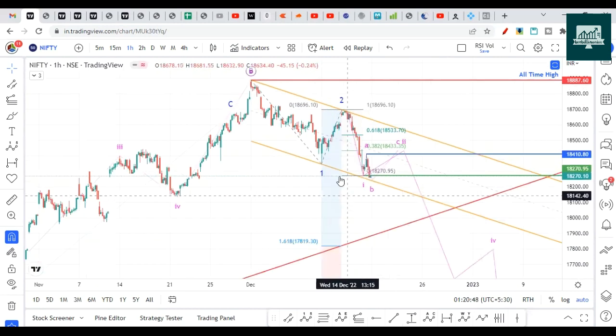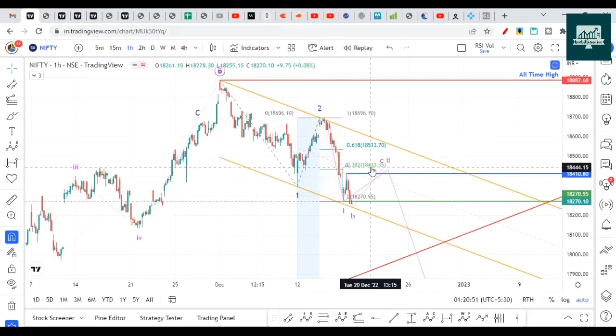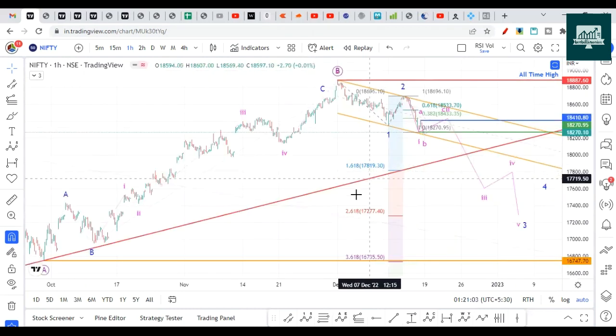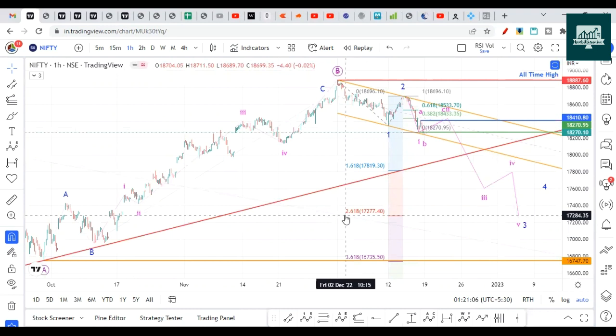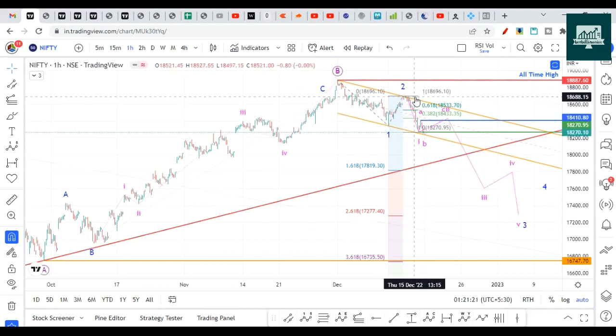We will move forward and check the option chain now. So I clarified all the doubts. Hope I'm clear. A break and close below 18,000 on a day will make bears more active, and we should head aggressively towards 17,300. That's the first point of this video. And if it does not close below 18,000 in the next week, then expect this bearish analysis to be going wrong, and we have to wait for an 18,700 break to confirm a further new high near 19,000. So these are the only 2 points that I had to tell you in the last 10 minutes.